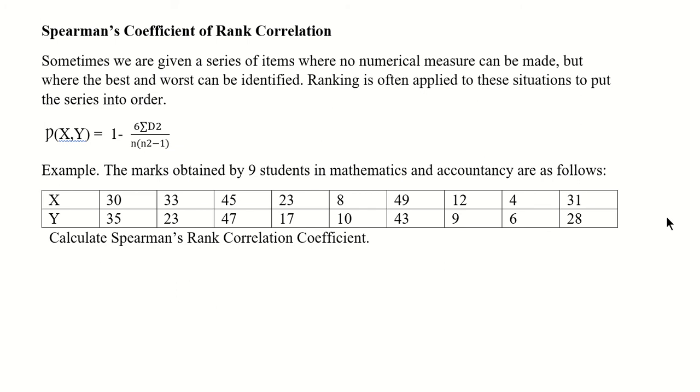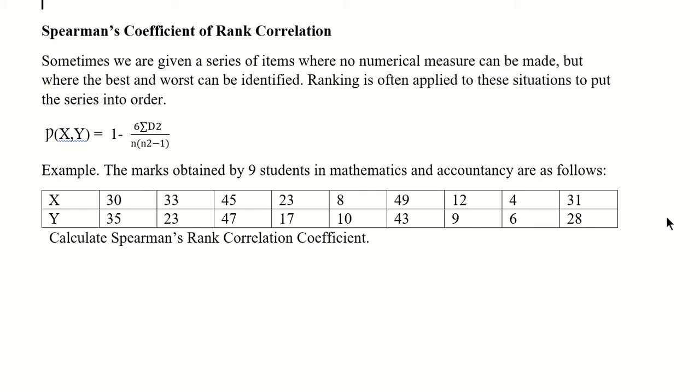So the topic today which we are going to discuss is Spearman's coefficient of rank correlation. Earlier we have discussed Karl Pearson's coefficient of correlation, and today we are starting with the Spearman coefficient of correlation. Now the question is, why do we need another method of correlation when we already have one method? Another method always comes into the situation when any previous method has some problems, right?